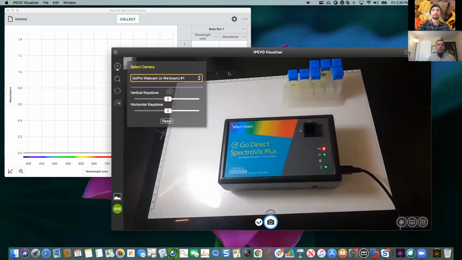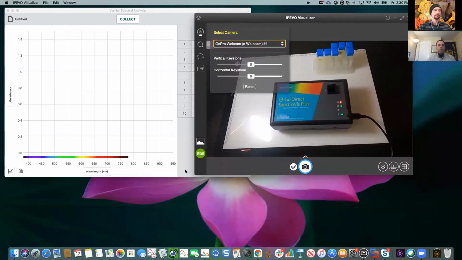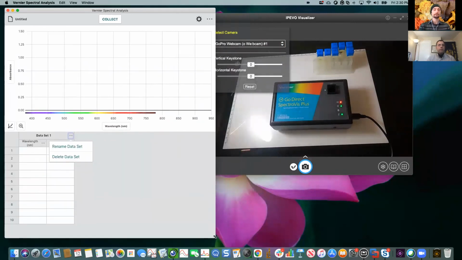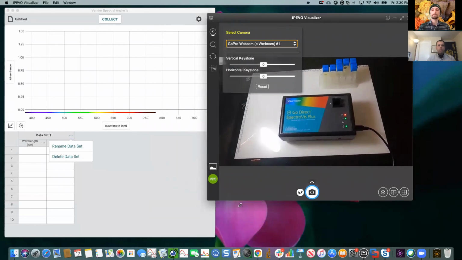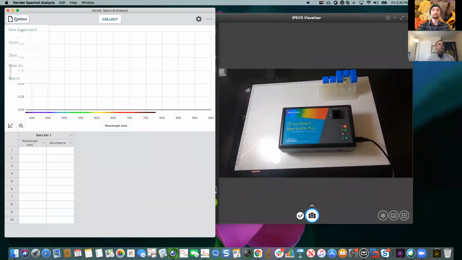And so here's my spectrometer. Let me put these side by side really quick. Okay, that's fine. I'll just put this right here. There we go. So I'm going to just start a new experiment.